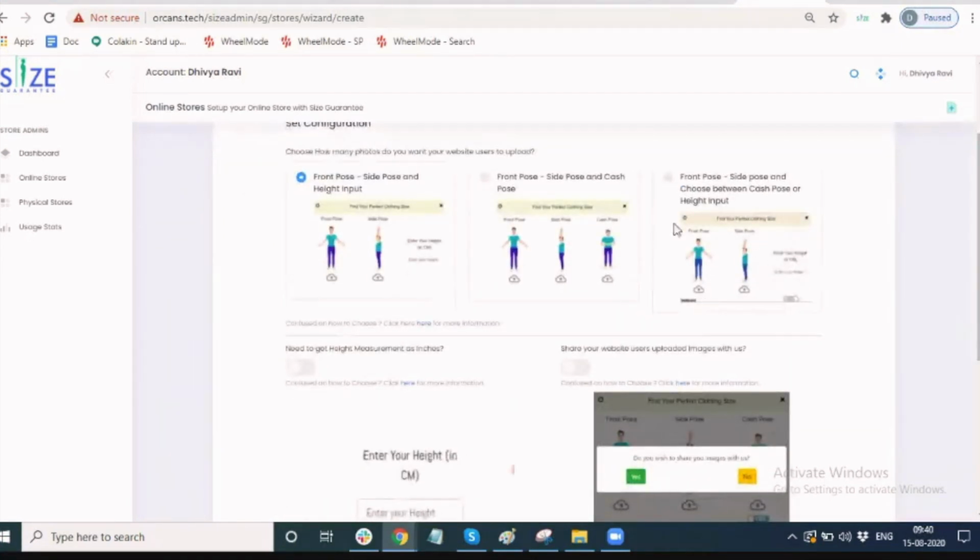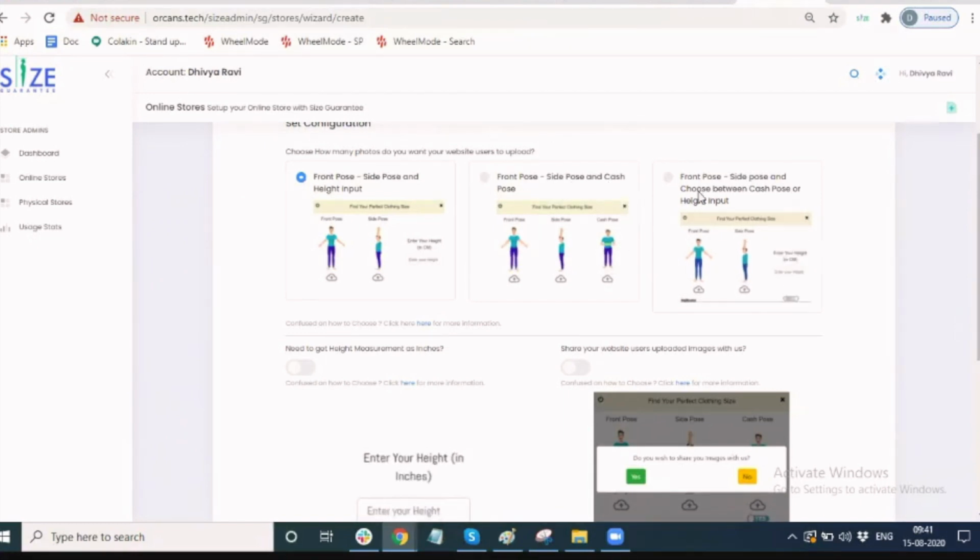The first setting is asking the end user to enter whether it is two images and enter his height manually, or three images so that all three images will be given.